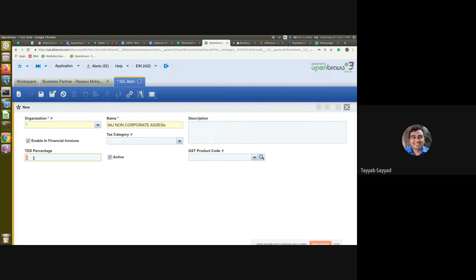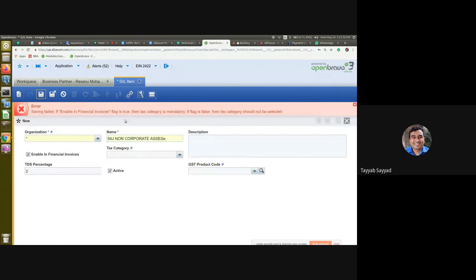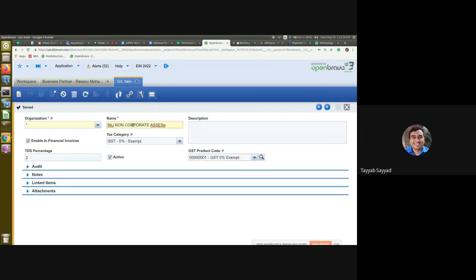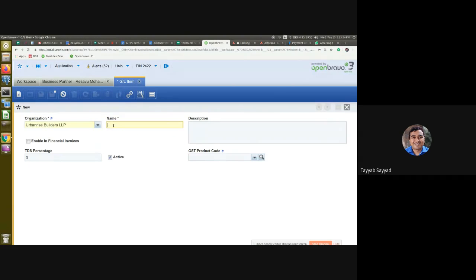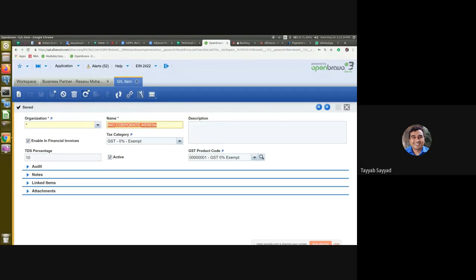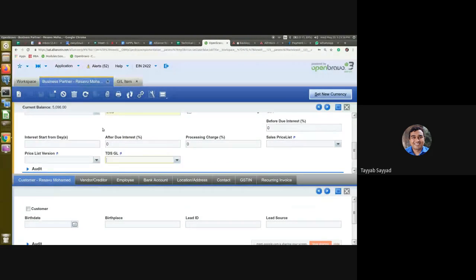Okay, so in this they'll define the TDS as non-corporate associate 94J and 94C, and then keep defining the percentage for that TDS in this window. So it could be 10%, 94C, corporate, and this TDS section will be linked to the business partner in the TDS GL section.